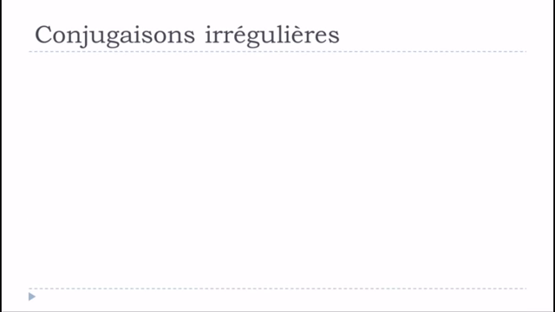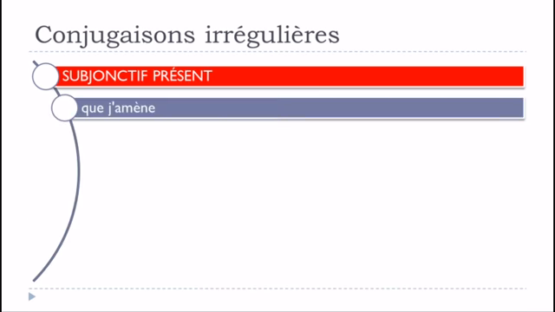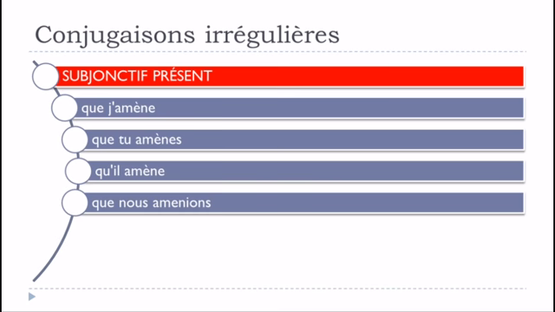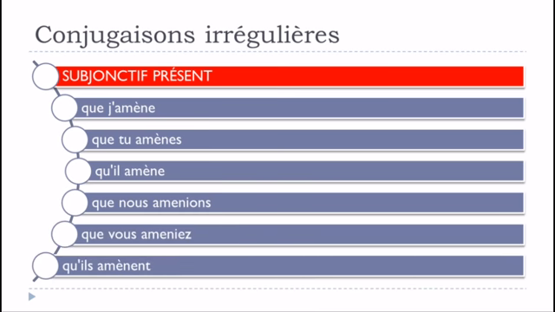Let's see now the last one, le subjonctif présent, and it goes like que j'amène, que tu amènes, qu'il amène, que nous amenions, que vous ameniez, qu'ils amènent. We'll have the modification, but it affects only je, tu, il, and ils in the plural form, and it's exactly the same modification, this accent grave that we put on top of the e. For nous, you don't touch it: amenions, vous ameniez. And then here, modification for ils in the plural form: amènent.